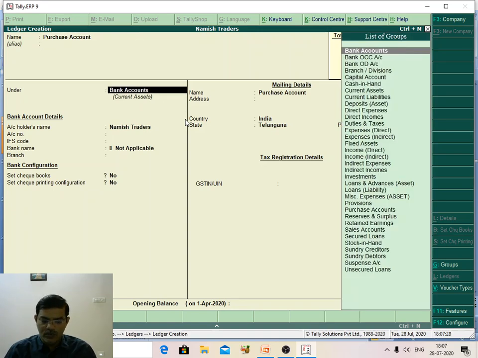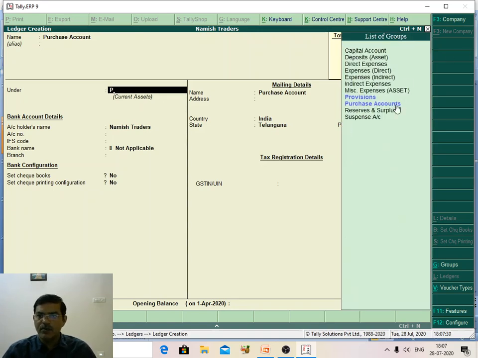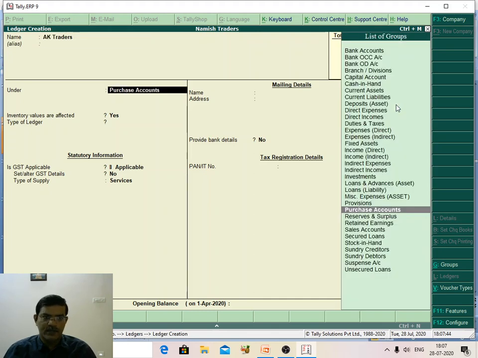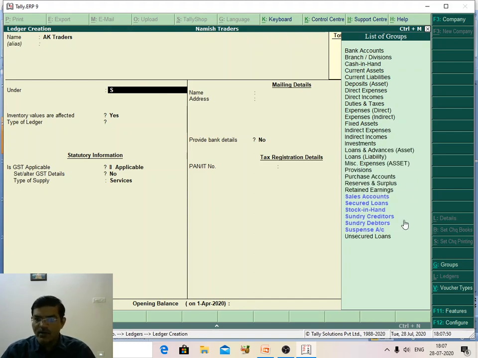The purchase account is under the purchase account group only. Just use Control A to access the screen. After creation of the purchase ledger, I am creating AK Traders. AK Traders is under sundry creditors.